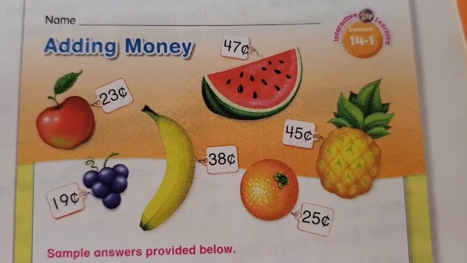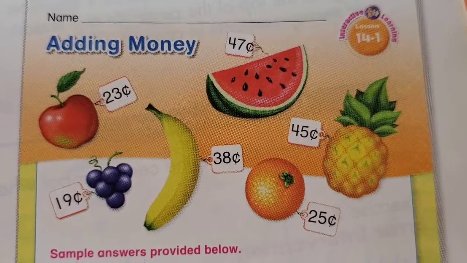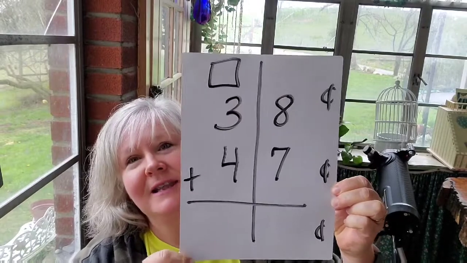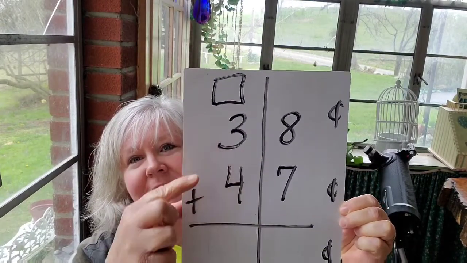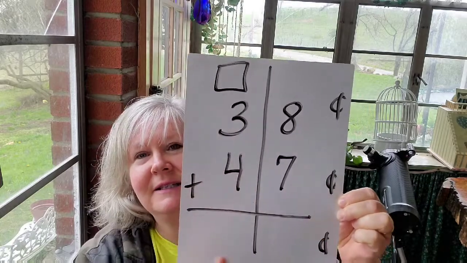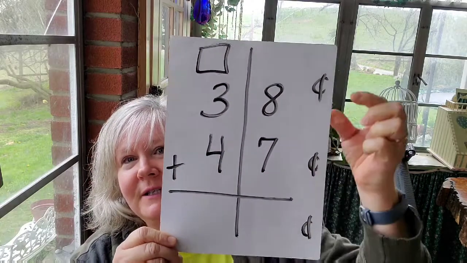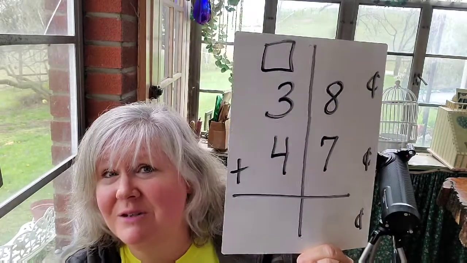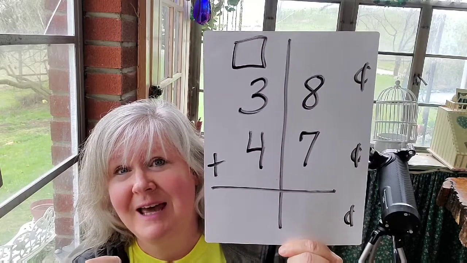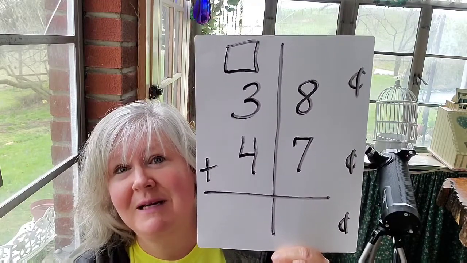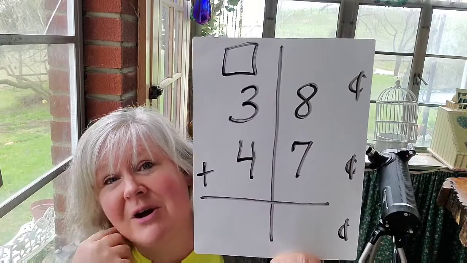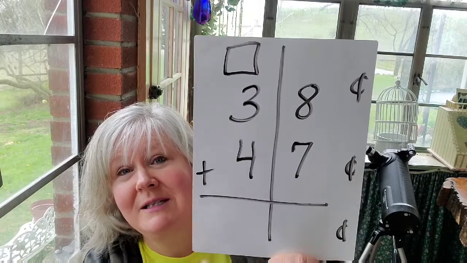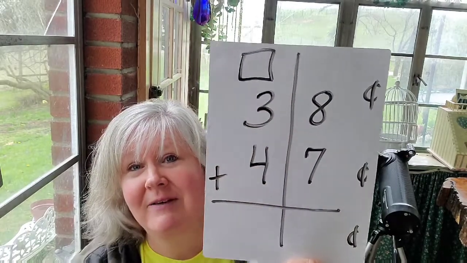Let's try a banana and watermelon. Problem set up. It should look like this. We just wrote 38 cents and 47 and the cent sign was already there. So since we already started with the cent signs filled in, that makes it a little easier, right? Is it okay to do a shortcut like that? Yes, we know we're dealing with money, so yes, we can do that so that we already have our cent sign ready. So we will start in the ones place value with 8 plus 7. Quick as a snap,